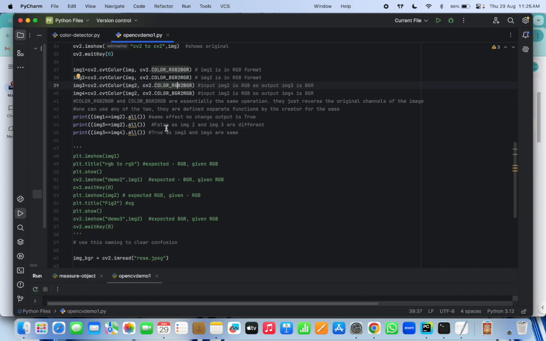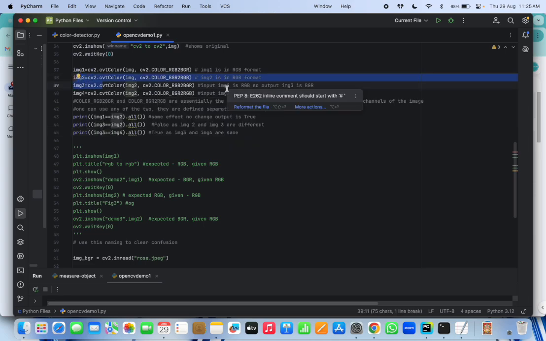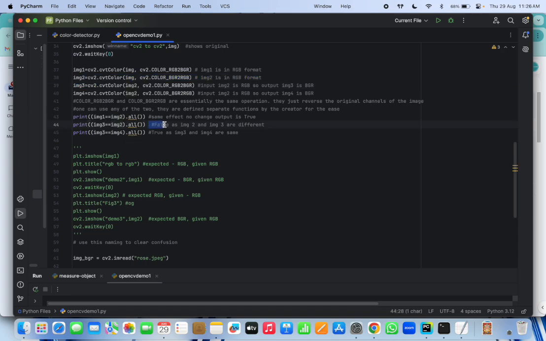But even if you use the other one, it won't matter, it will give the same result. We can test it by having this command in place, which checks whether the two NumPy arrays are the same or not. So IMG1 and IMG2, converting the image to RGB from BGR, it is the same, but image 2 and image 3, which is converting the image into different channels, is not the same, it gives you false. And similarly, image 3, which is converting the BGR to RGB using either of the functions, is also the same. So this is just information. Suppose sometimes you type in the other function and you think why it's not working or why it is working, that's the reason behind it.